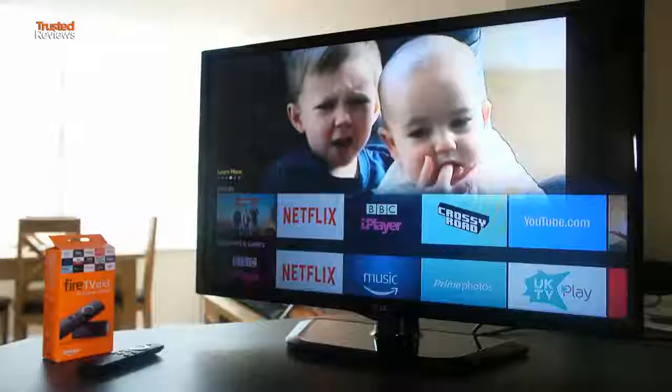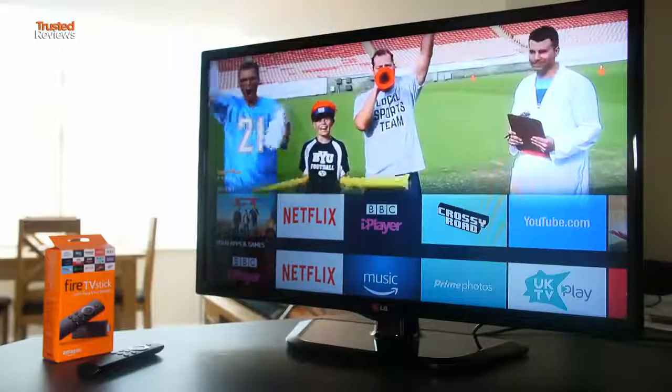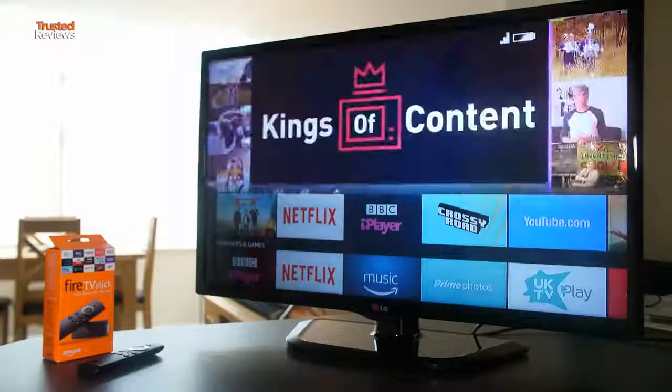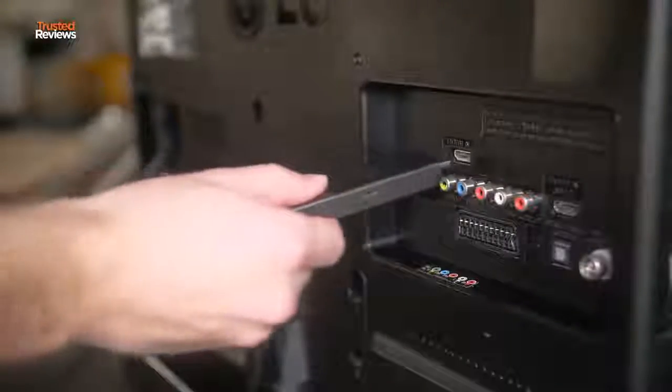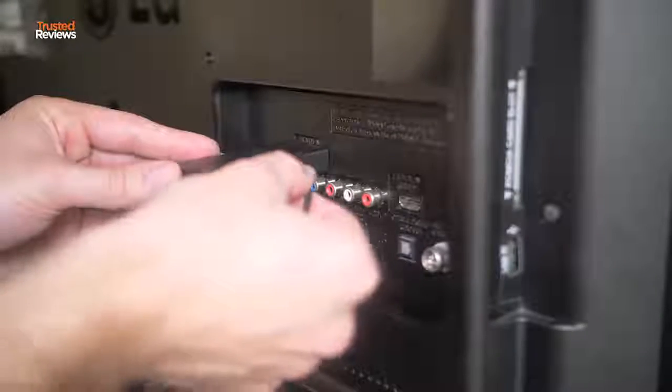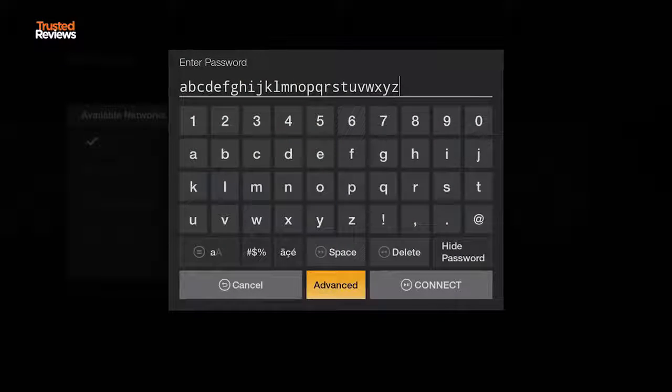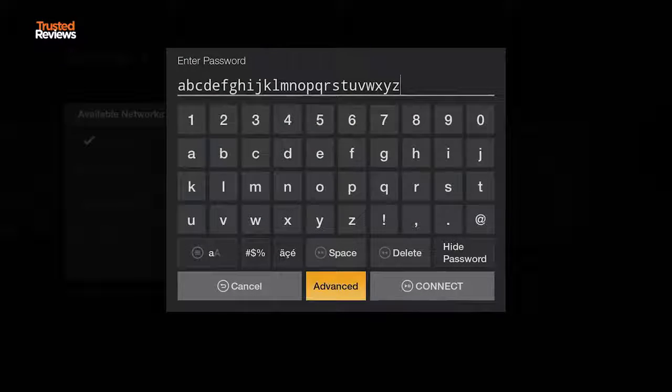One of the issues with the older Fire Stick TVs was that they were a bit slow. This, with its new quad-core processor, is just so much faster. So all you need to do is plug the stick into the HDMI port on the back of the TV, connect the power cable, whether that's via USB or a mains plug charger, it doesn't really matter, it's up to you. Once the stick boots up, you'll need to connect it to your Wi-Fi